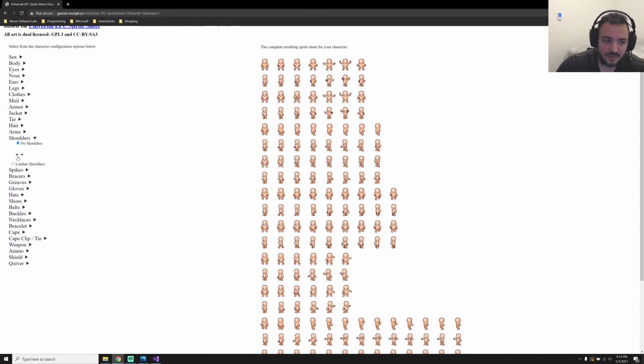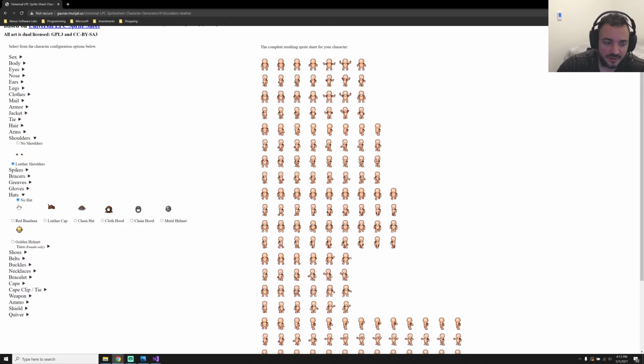So you can put leather shoulders on, you can put a hat on, a golden helmet, right? You can basically make all of your characters this way, export a sprite sheet, and then animate it,